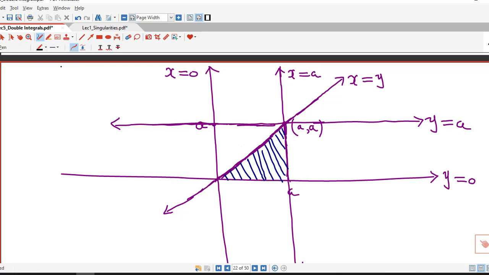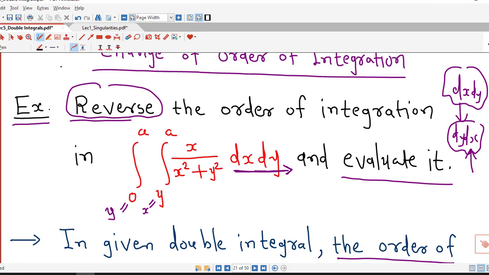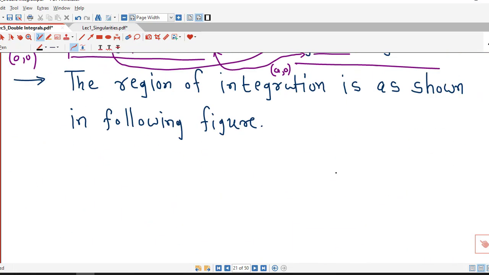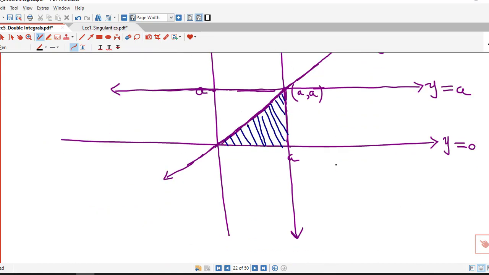Now in the given integral, the order of integration is with respect to x first and then with respect to y. So we have to consider a vertical line to change the order of integration. We are not advised to consider integration in this order. We have to change the order of integration, so we will not go in this order. Instead, we have to go in the order dy dx. That means the first integration is required with respect to y. So for that we consider a vertical line passing through the region of integration.